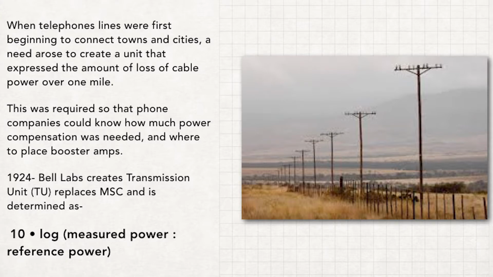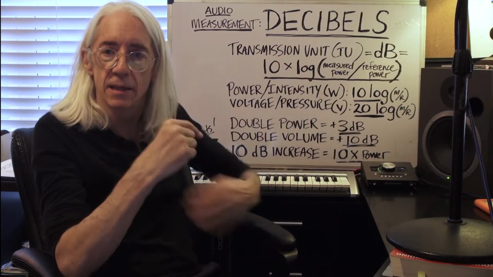There became this need to create a unit to express that loss of power over a mile. So they came up with the MSC, the mile of standard cable. This unit becomes replaced by what they call the transmission unit. And the way that they figured out the transmission unit was 10 times the logarithm of the measured power to the reference power. That ratio, take the logarithm of that, multiply that by 10, and that gives us the number